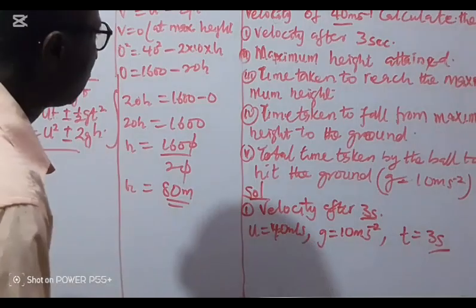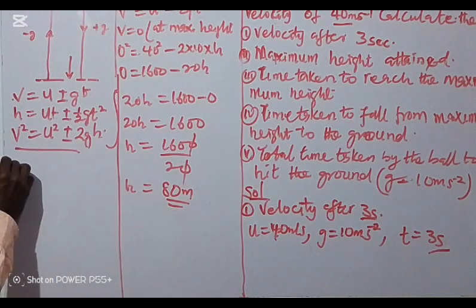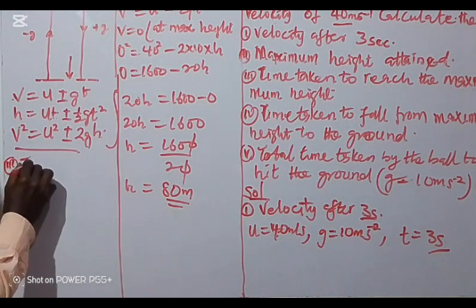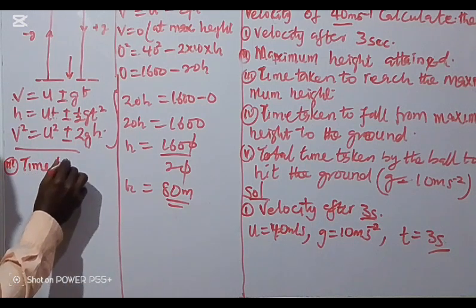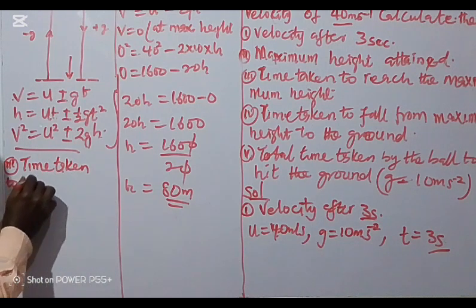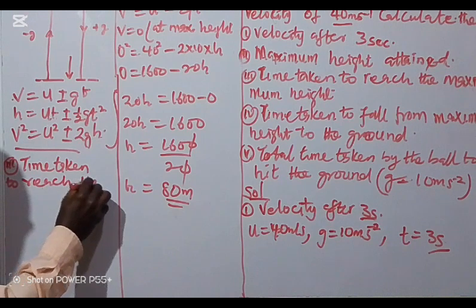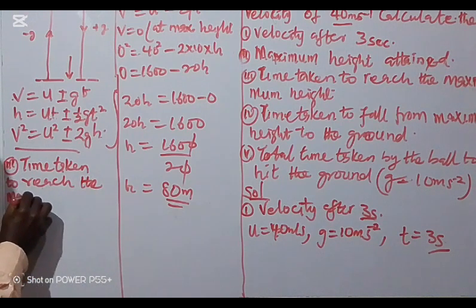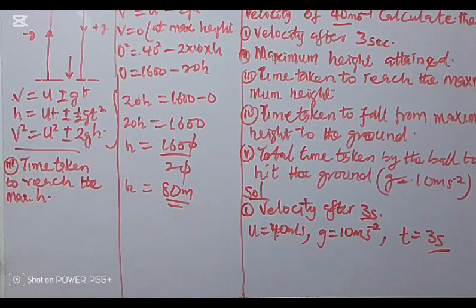Now, Roman figure 3 question. Roman figure 3, that is time taken to reach the maximum height. Let's look at the equation again. Time taken to reach the maximum height. We can use equation 2. We can use equation 3. But the possible equation that we can use is